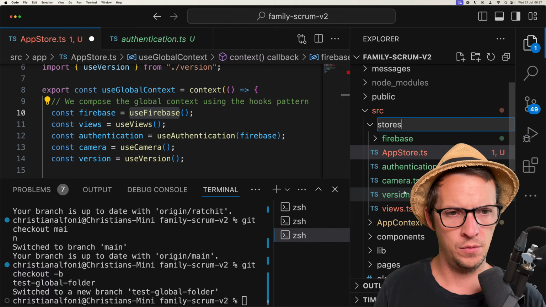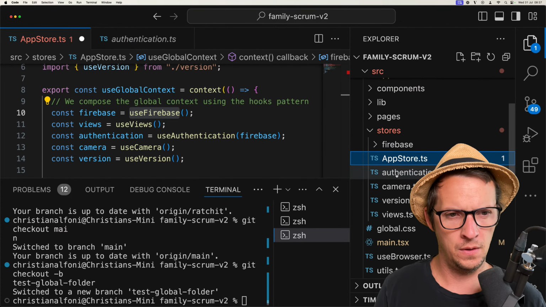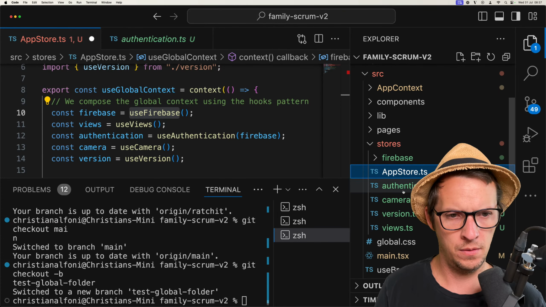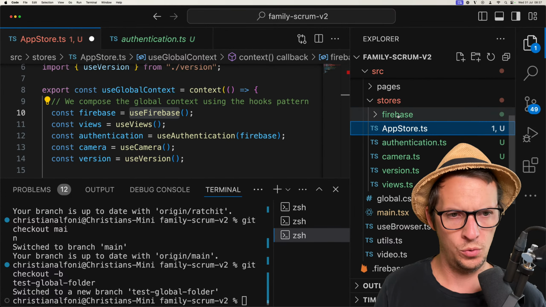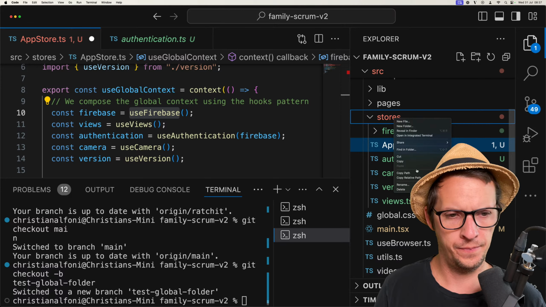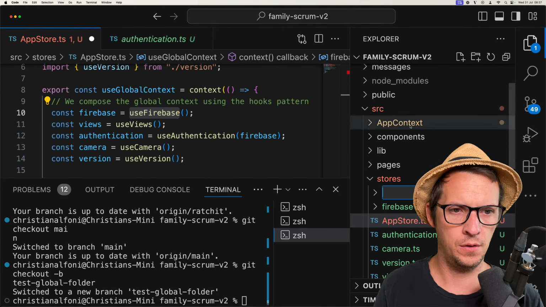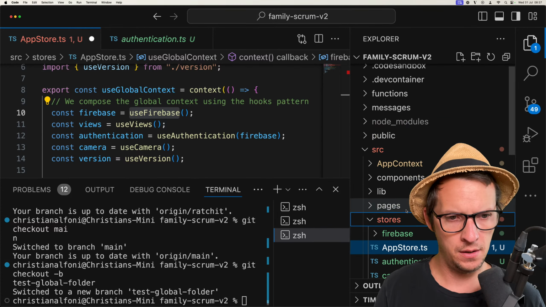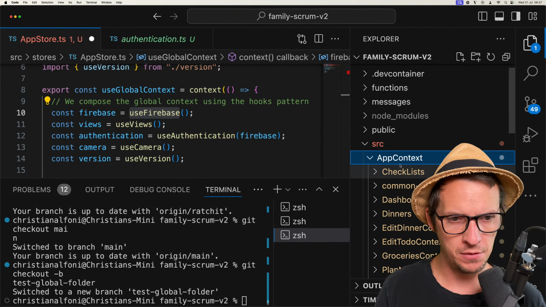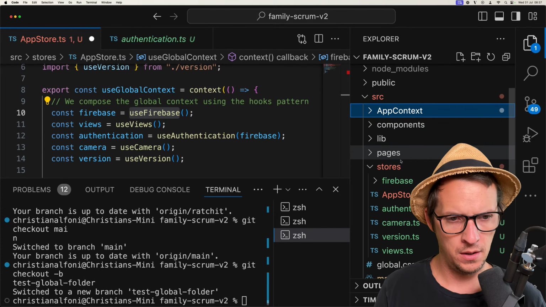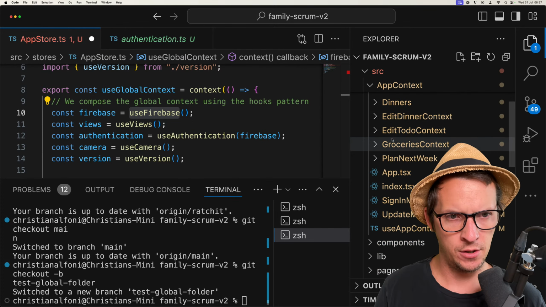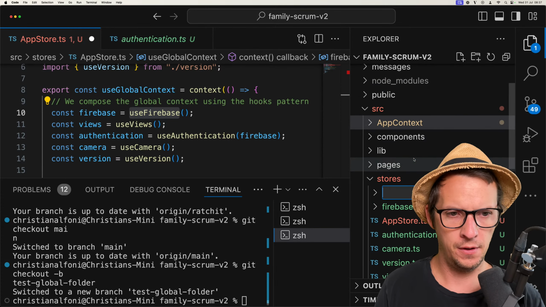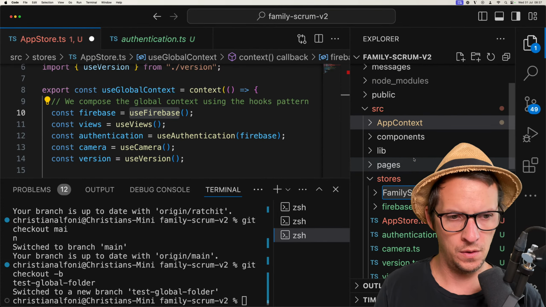You know what? Let's call it stores. And then we have App Store. And then we have a new folder called, I think we call it app context here. You have to excuse me, I'm just reflecting as we go. But this is the actual Family Scrum app. So let's create that folder, Family Scrum store.